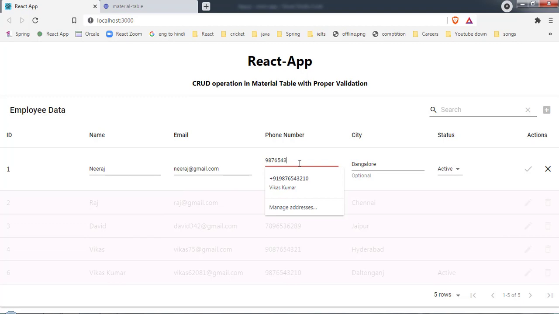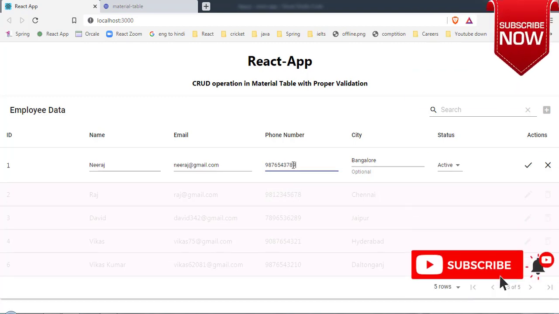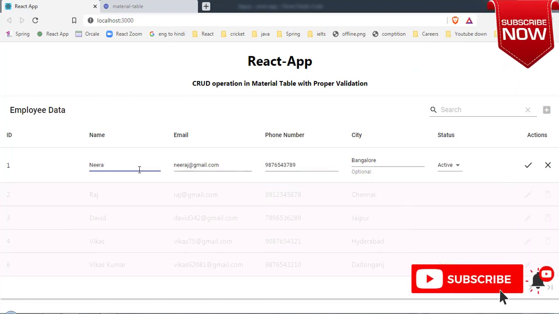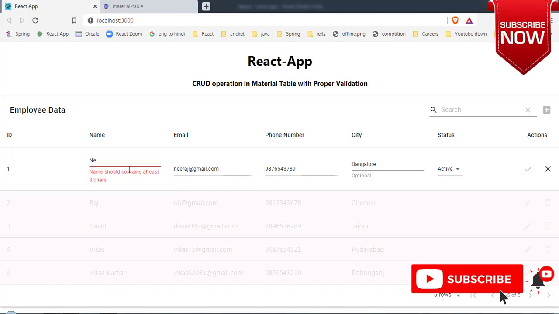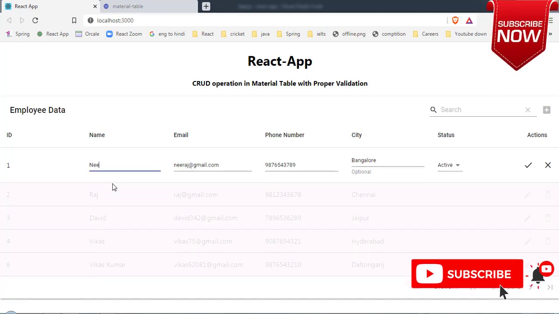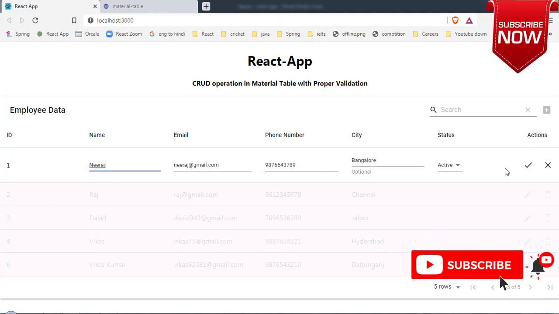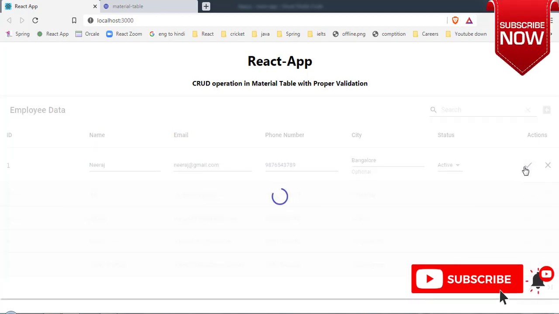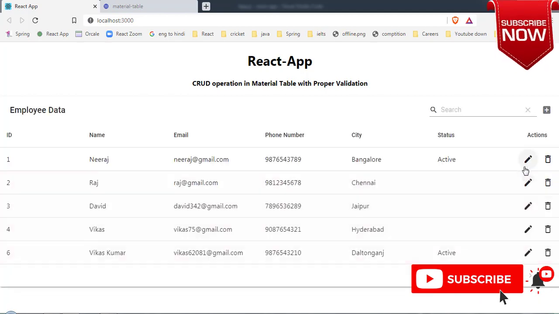Once I start typing you can see the phone number should contain 10 digits, so let's provide 10 digits. If we have less than 3 digits it is going to give me this error. So Neeraj, and let me click on this save. Now this row got updated.